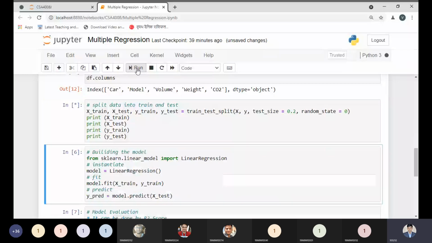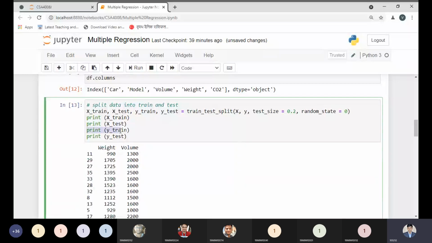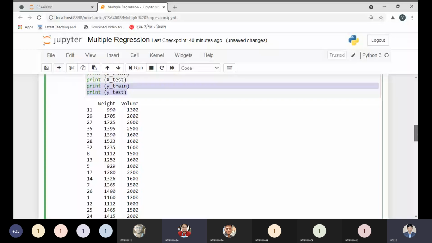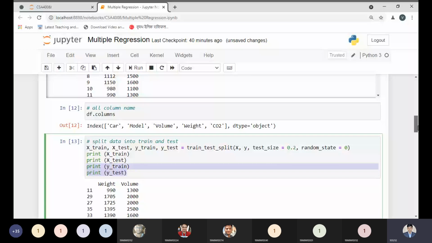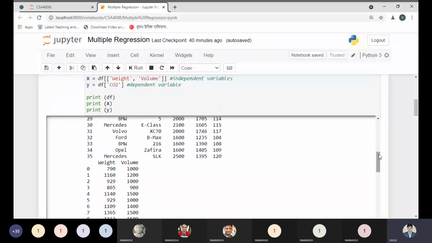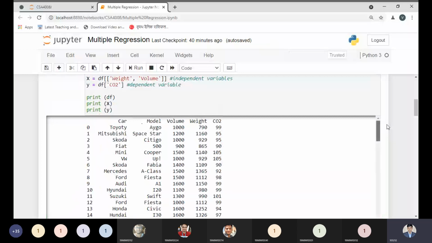So I'm running this part, and after running it, you can see the last part, that is y_train. So what would be 20% of the 35 data? Can anyone tell me what would be 20% of 35? About 8, 9, 8, I think. Are you sure? Yes, sir. 7. It's 7. Yes, of course, it's 7. But the total is 36. The total data set is 36? Just let me check. Okay, yes, of course, I agree with this point. 0 to 35, so we can say we have 36. Of course, I agree. 0 indexing, 0 to 35, so 36.